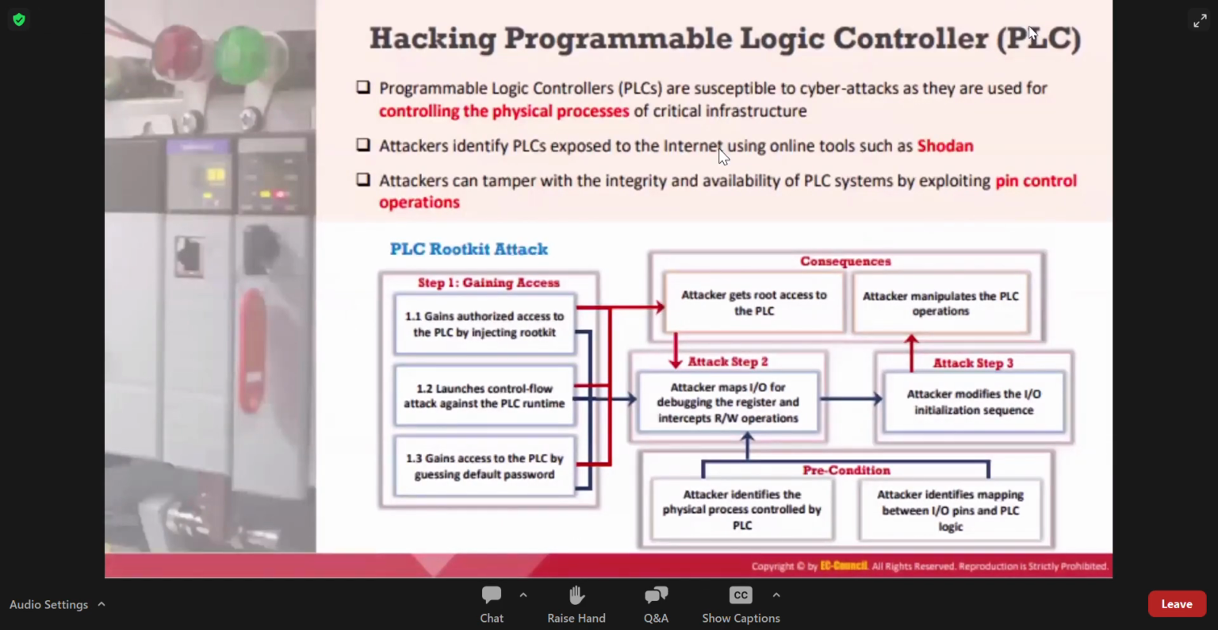Hacking the programmable logic controller, or PLC: programmable logic controllers are susceptible to cyber attacks as they are used for controlling the physical processes of critical infrastructure. The attacker identifies a PLC exposed to the internet using an online tool such as Shodan. An attacker can tamper with the integrity and availability of PLC systems by exploiting the pin control operations. Here, we can easily use publicly available documentation in order to understand the particular